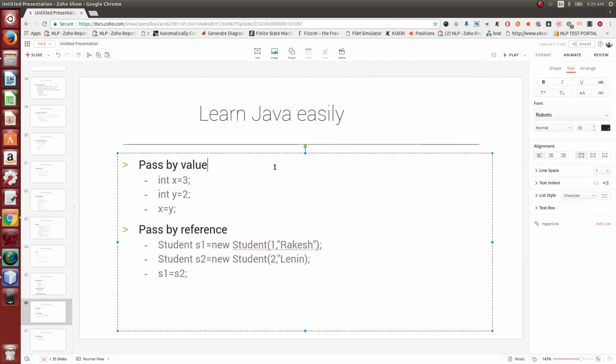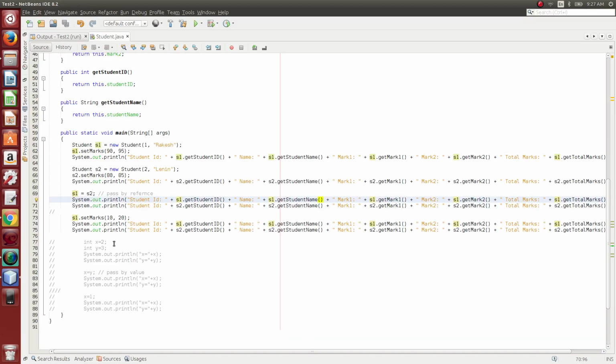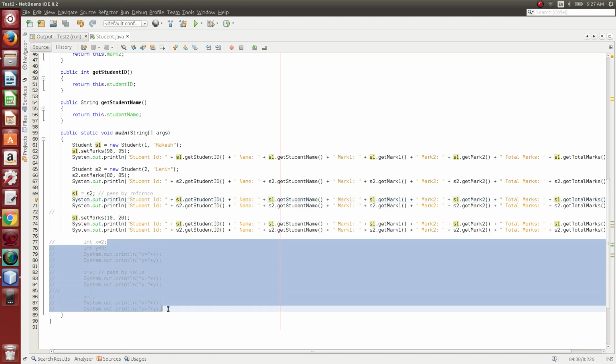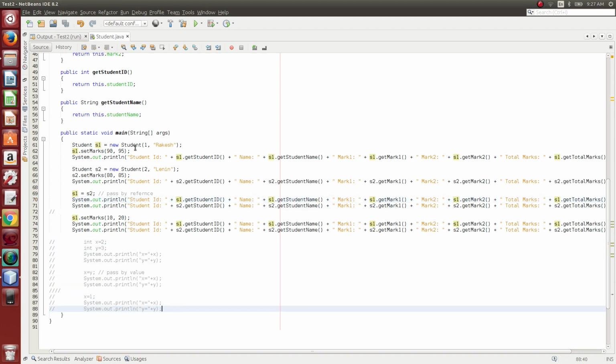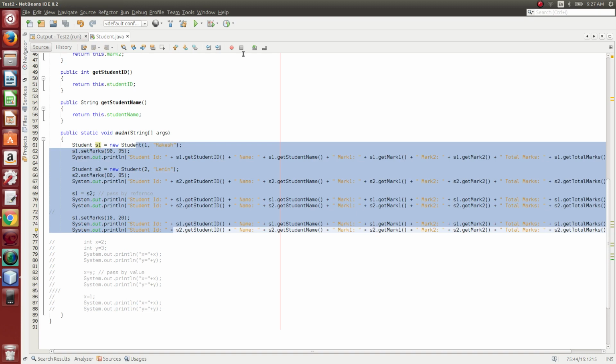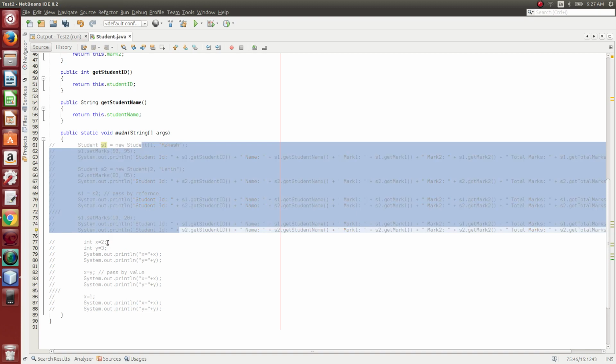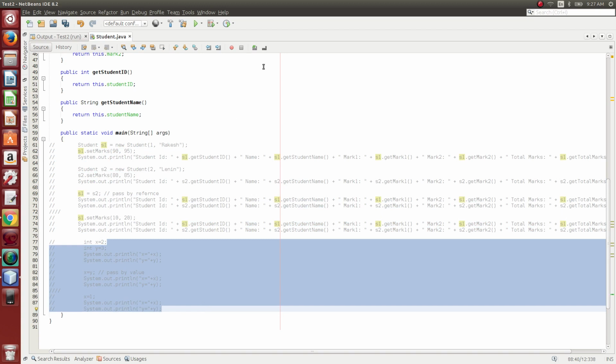Now we are going to see how we can pass values using pass by value and pass by reference. If you see this in a theoretical way, I can bet you won't understand it. So I have written a small basic program for explaining that. You might have seen this program in the previous videos. If you haven't, please try to watch that video for clear understanding.